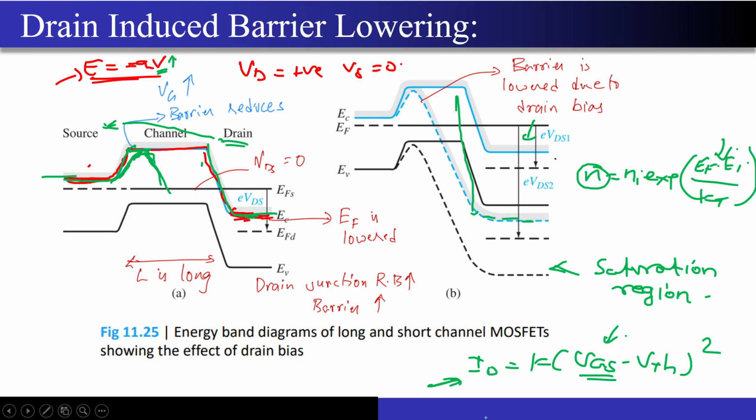This effect should not have occurred at all in the first place, but because I kept on reducing the channel length, the drain and source depletion regions started to interact with each other, and because of that the drain current will also start to change. I mean, it will increase because of the DIBL, correct? And that is an undesired effect because I have lost control over the current now. Of course I can still have some control with respect to the gate, but if I change my VDS now, I will get a change in the ID, which is a very bad thing to have. Correct? So that's why it is a very bad effect.